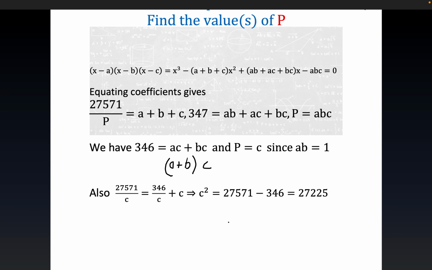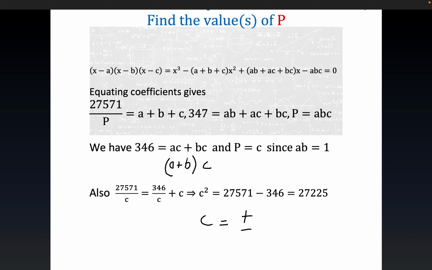Now, the hardest part here, we get C squared is equal to 27,225. A little bit of effort is required to notice that that is a perfect square. You could go through and divide through by fives, and you would get nothing but even exponents if you wanted to. I'm not going to go through that process with you, but what we get is C is equal to plus or minus